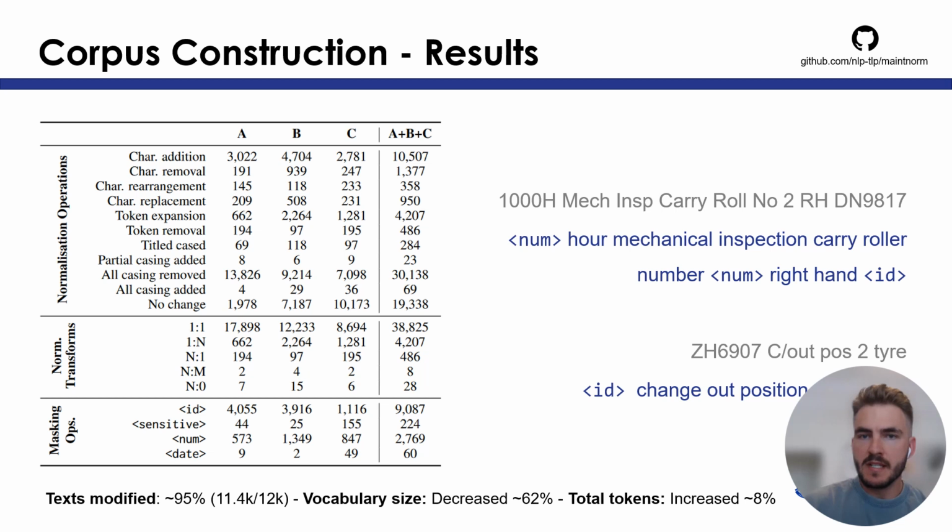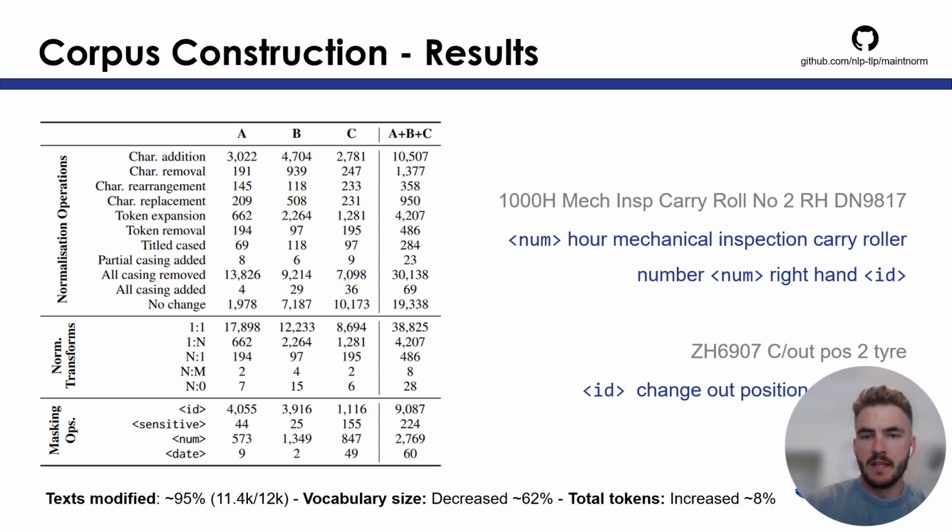During the annotation process, we came across a significant amount of annotated texts. It was discovered that 95% of the corpus needed some form of normalization. Furthermore, the distribution of different types of normalization operations and masking operations remained consistent across all 3 organizations that comprised our base corpus. On the right-hand side, you can see an example of the input-output pairs that comprise the MaintNorm